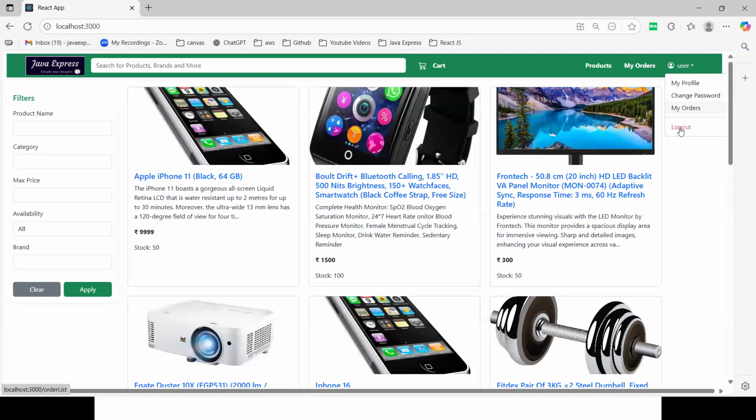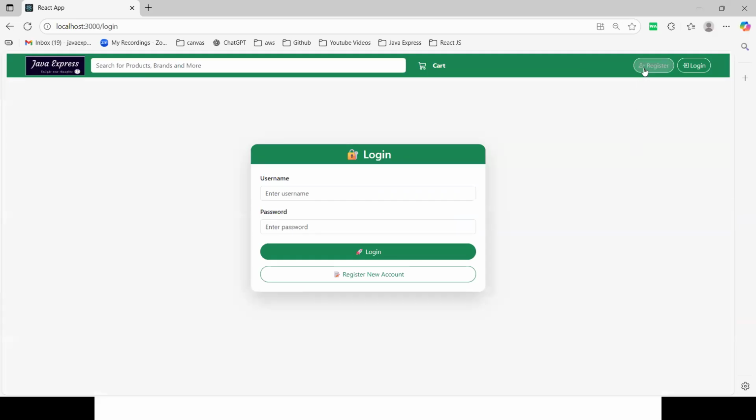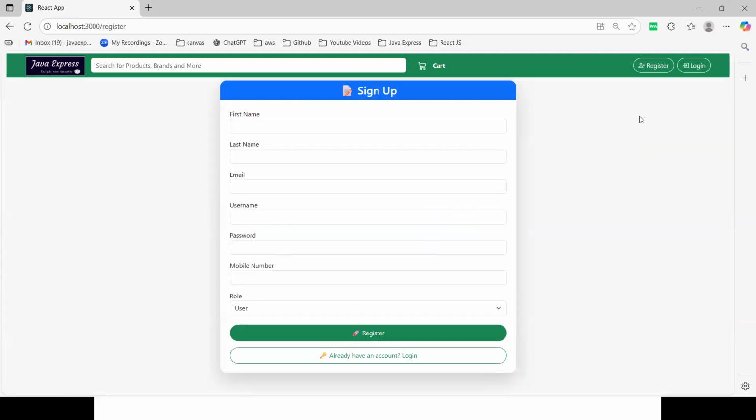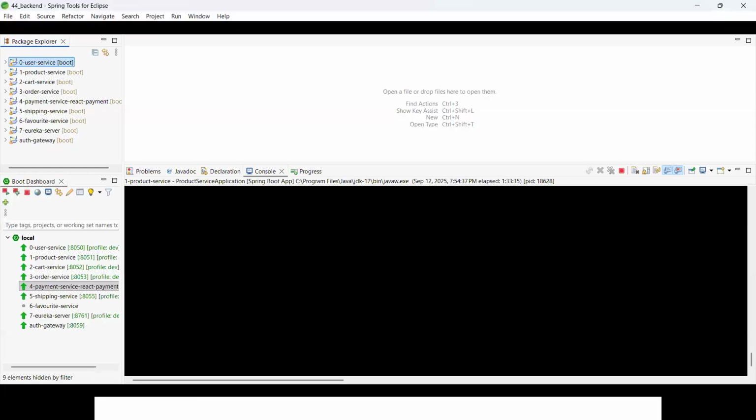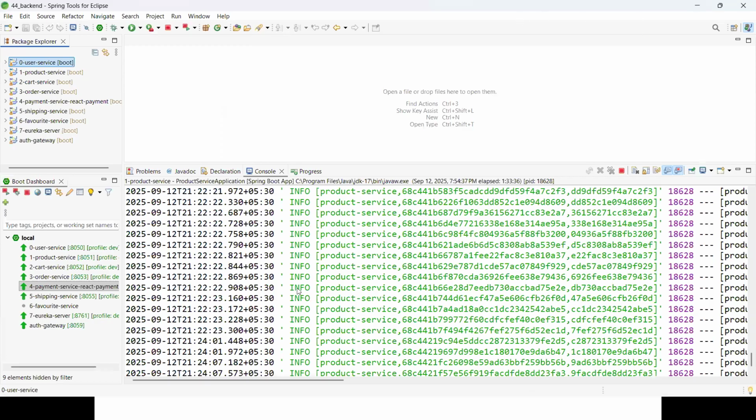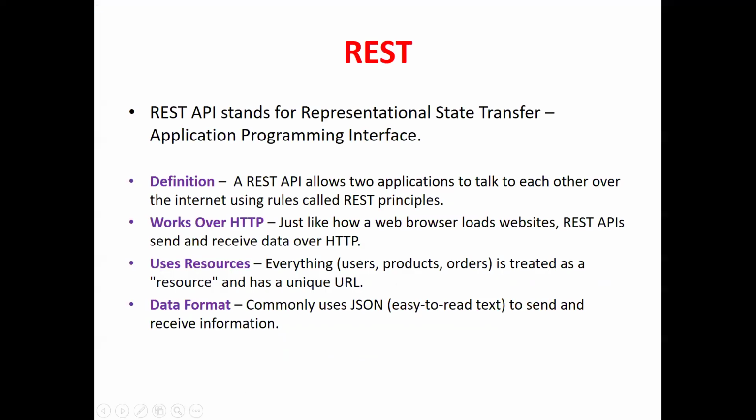The first project we are going to discuss is registration. If you want to do registration, what kind of variables are required? First name, last name, email, username, password, mobile number, and role. These are the variables required on the front end. In the back end, how we can integrate all the things we need to discuss here. That is how REST API development will come into the picture. Clear about what REST API is? Now I will take your questions.